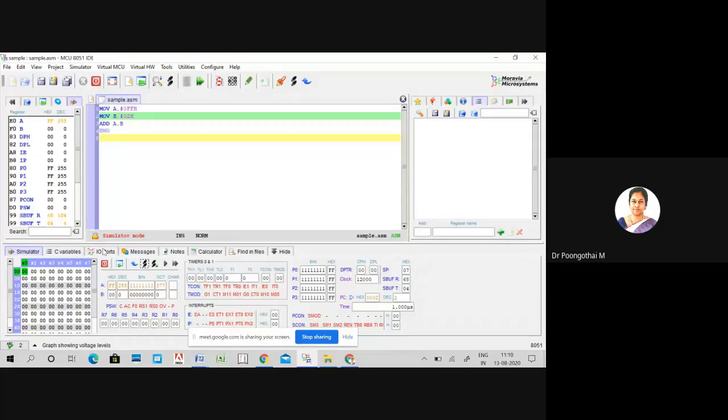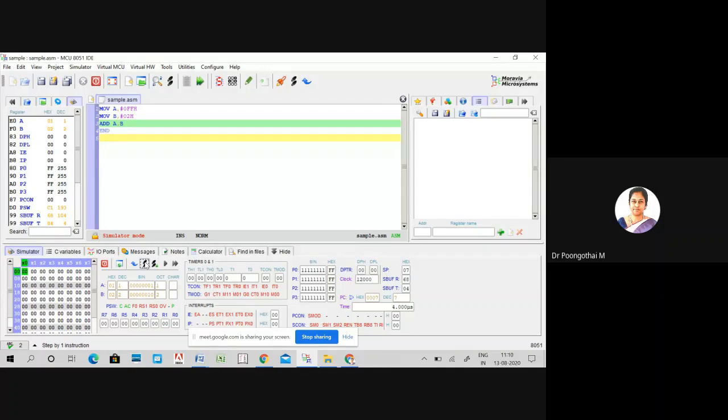So your FF is transferred to the accumulator. Students, please see here, FF is loaded into the accumulator. Okay. Executing the second instruction, 02 is transferred to the B register. I am executing the third instruction.